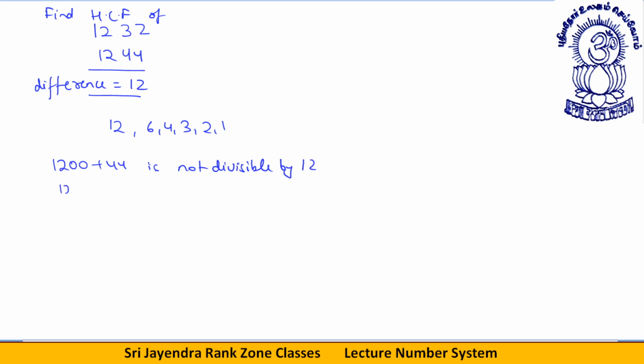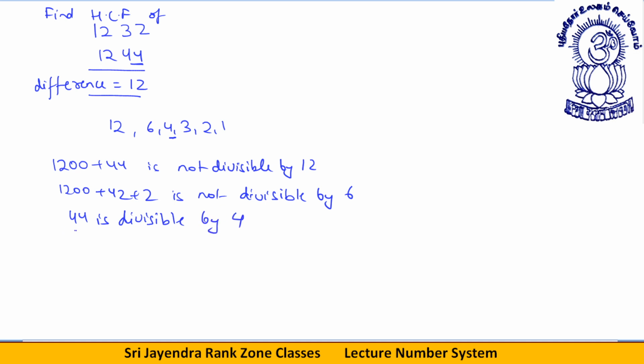Let's talk about 6. 1200 plus 42 plus 2 is not divisible by 6. Now, 44 is divisible. What is the rule for checking with 4? 44 is divisible by 4. If this number divides one number, then it will automatically divide the other number. Therefore, 4 is the